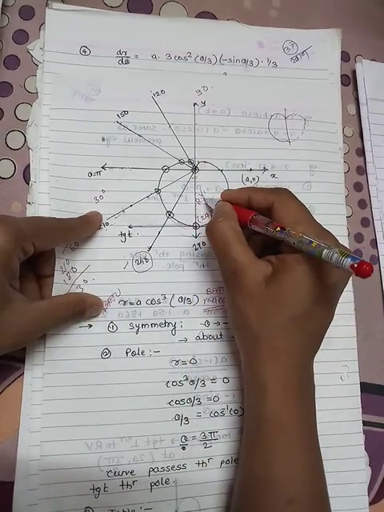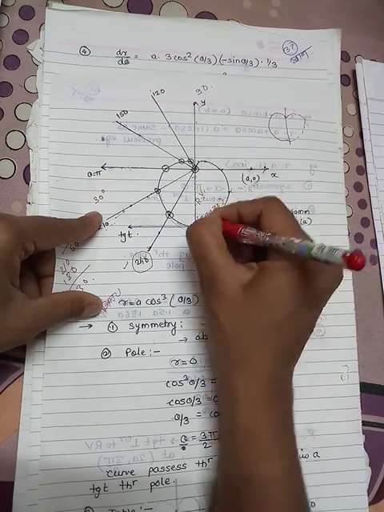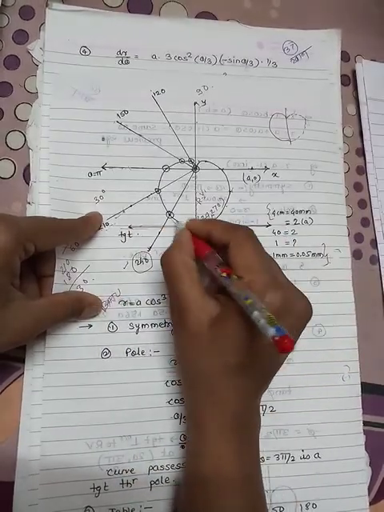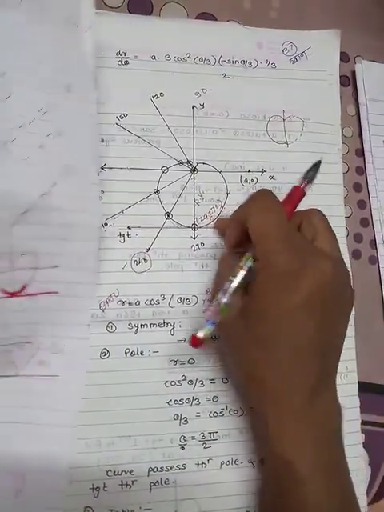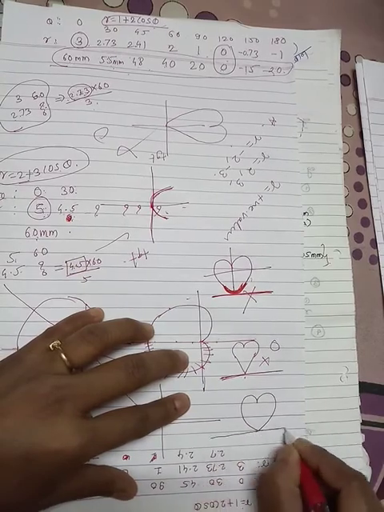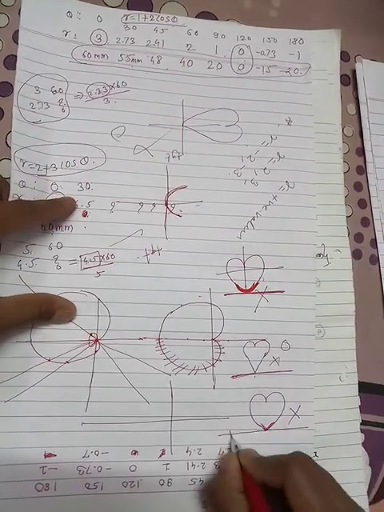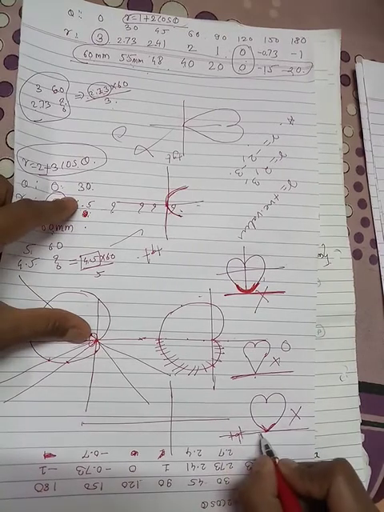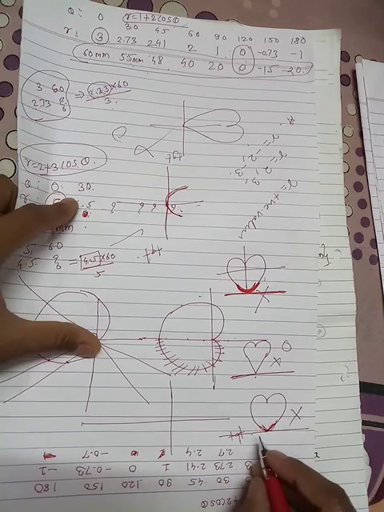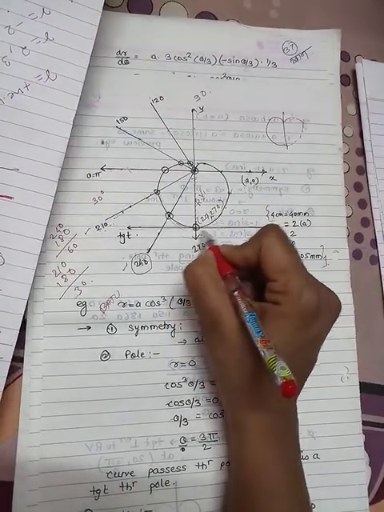So this point has this radius vector, and to this radius vector the tangent is perpendicular. So this is your tangent, and at this tangent the curve should be smooth. So nearly it is the heart shape but not in this way. This is not the right curve because there is a sharp edge here, and this is your tangent. If this is a tangent, we have to smoothen this curve. The curve around this tangent will be smooth, so we have to draw it in this way. That is your curved shape.